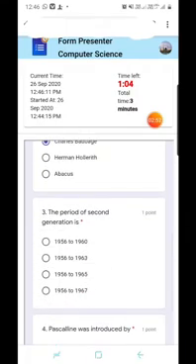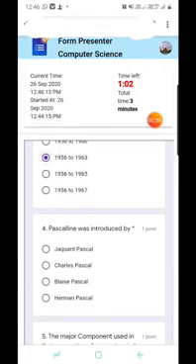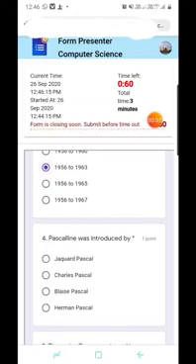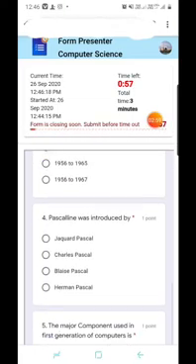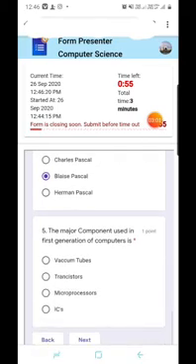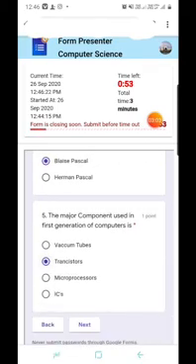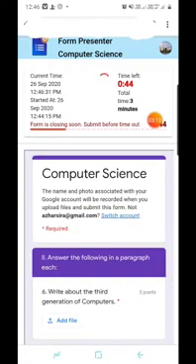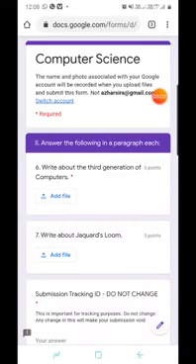Then after this, as I am entering now, you need to enter. Then after this you will get the next option here. After completing this first main, you need to click on the next option. Then you will get the next page of your question paper. After completing the first main, that is multiple choice questions, when you click on the next button, you will get the second main like this.